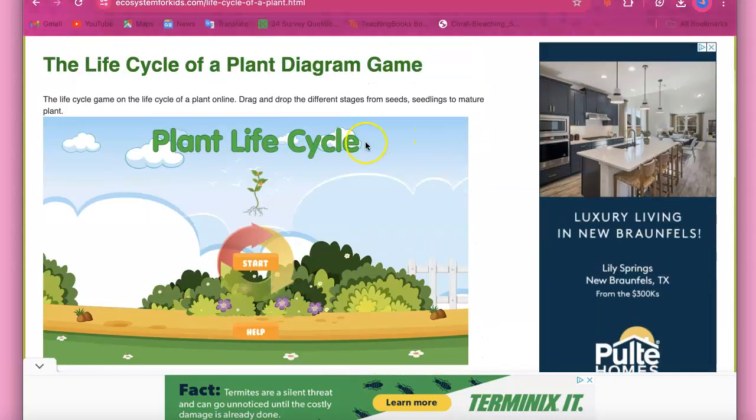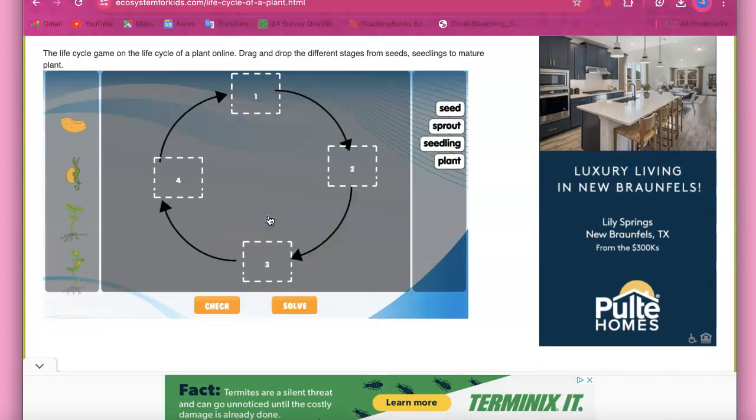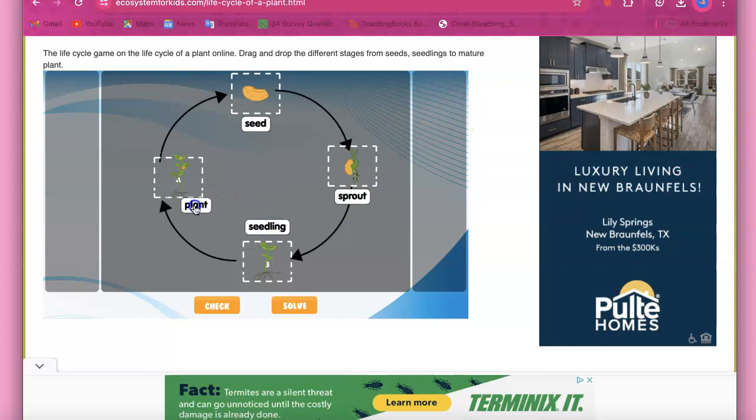So what I want you guys to do is just click start after you listen to me read all of that. And then I want you to just play around with the game and try to figure out what goes where. Seed. Sprout. Seedling. Plant. So I want you guys to become very familiar with these 4 words: seed, sprout, seedling, plant, and the